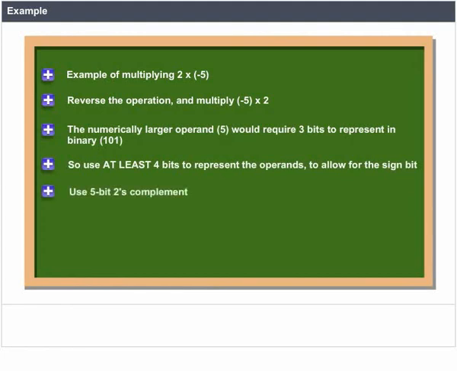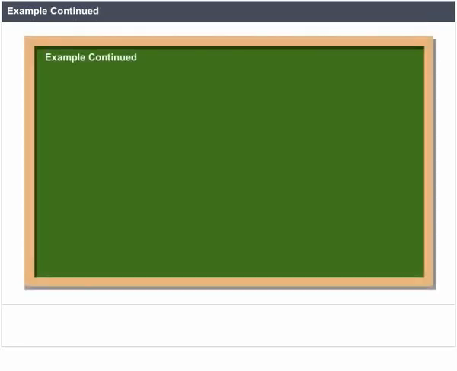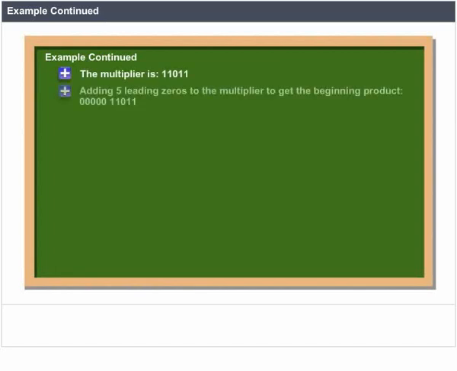Use 5-bit 2's complement. -5 is 11011, the multiplier. 2 is 00010, the multiplicand. Example continued. The multiplier is 11011. Adding 5 leading zeros to the multiplier gives the beginning product